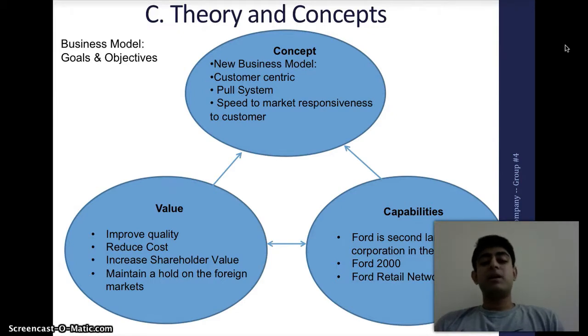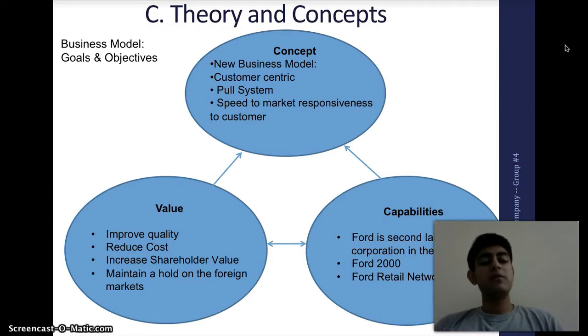The capabilities: Ford is the second largest corporation in the world. They have revenues of more than $144 billion every year, and they employ 370,000 workers, and they have operations in more than 200 countries. Ford also initiated Ford 2000 and food retail networks to improve their supply chain and maintain stability in their operations, so that they can satisfy their customers and better compete with the foreign